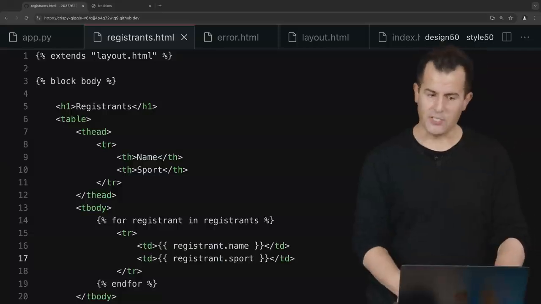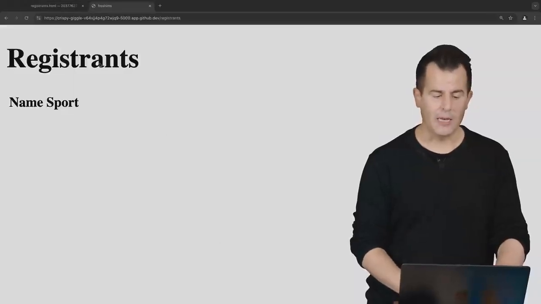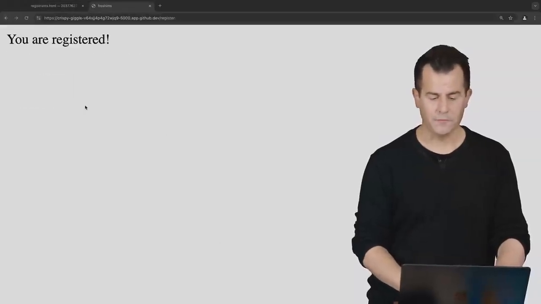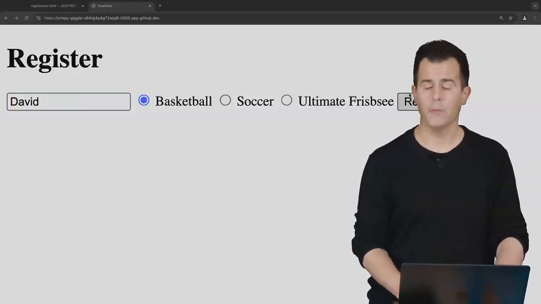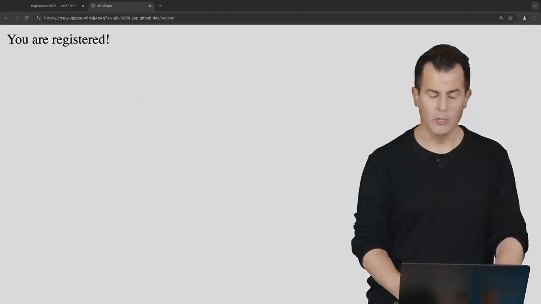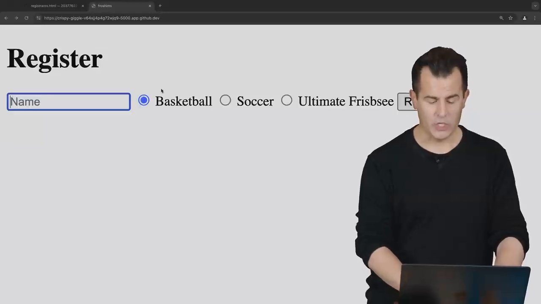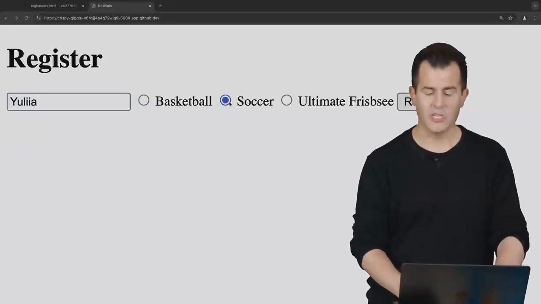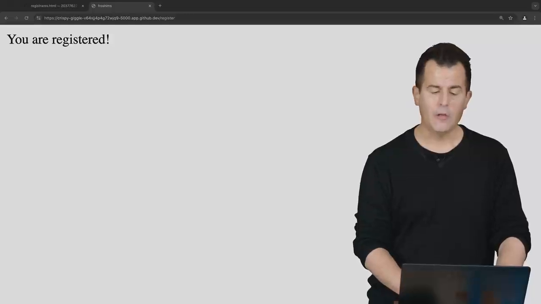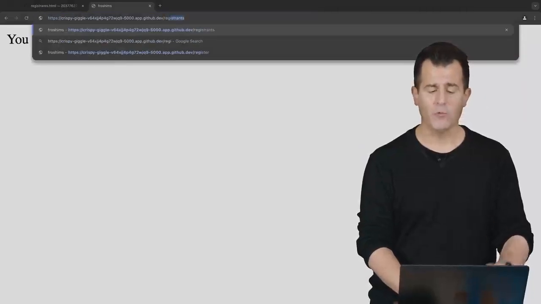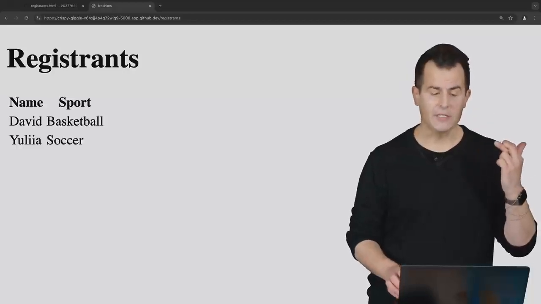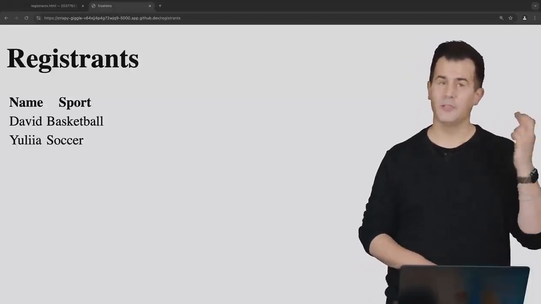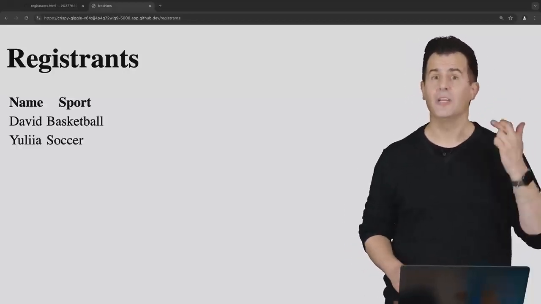And so now, crossing fingers big time this time, let me go ahead and go back to the form itself. Let me go ahead and register myself for basketball because we cleared the memory when switching to SQL. Let me now go back again and register, say, Yulia, this time for soccer, and register. And now let me manually change my URL to be registrants, big time crossing my fingers, and there we have it. David and Yulia, I was as surprised as you as it worked this time, but David and Yulia are